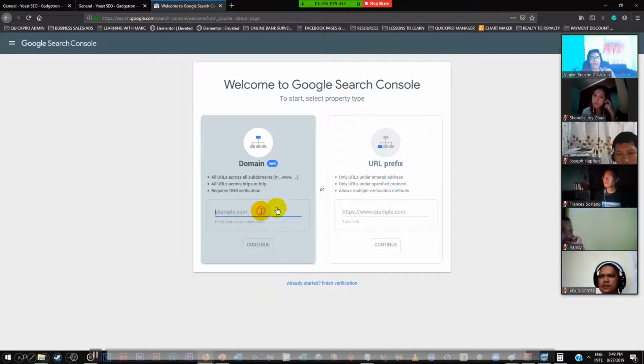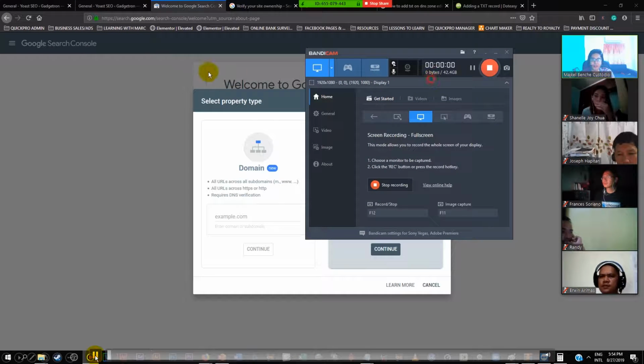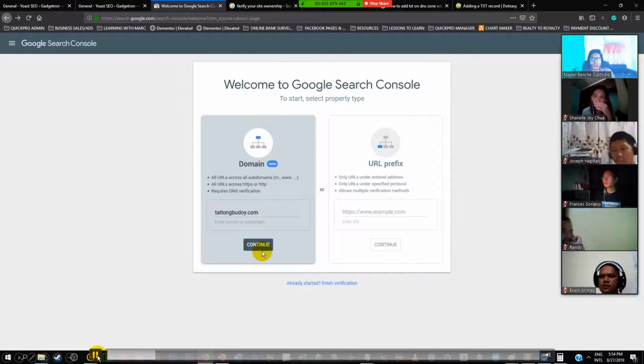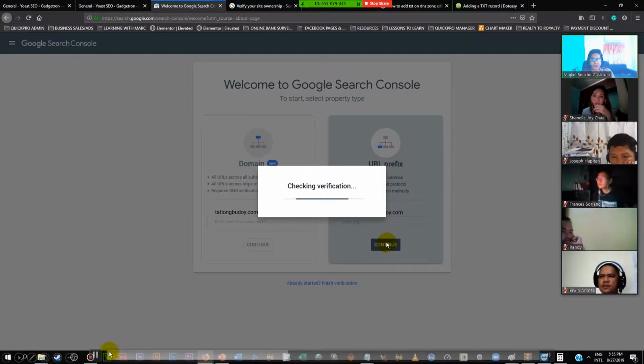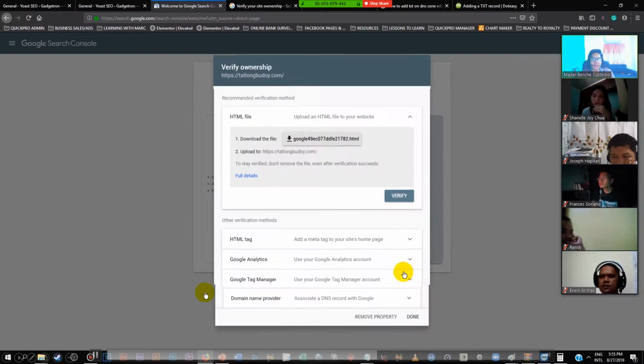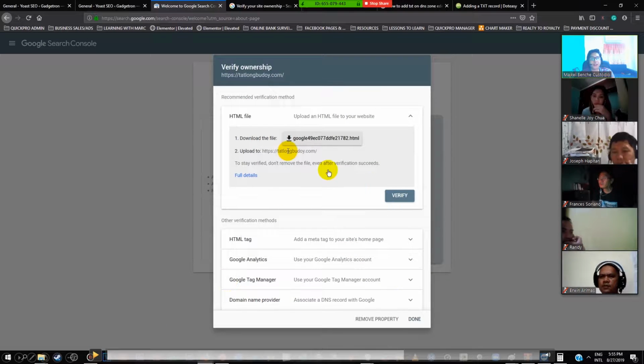And these two, you're going to have to choose one that's going to verify your ownership of the website. No? So to verify that, it's very simple. Just go ahead and choose URL prefix and paste the name of your website there and click continue. And then you will be selecting different methods to verify your site. We will be choosing the one on top. Ayan. Don't choose anything else below because it's going to become complicated. We're going to use the one on top.